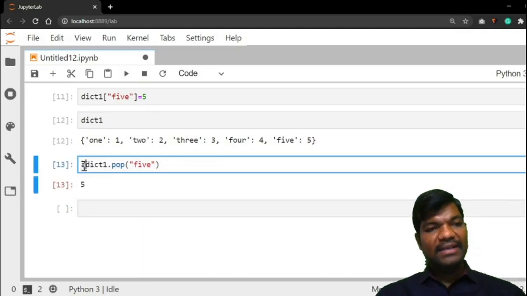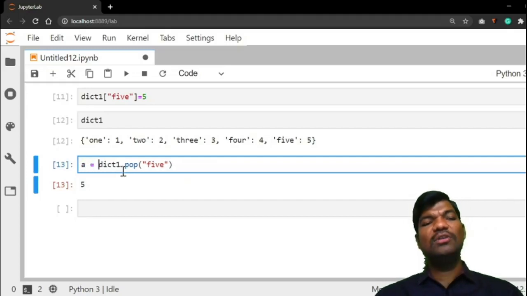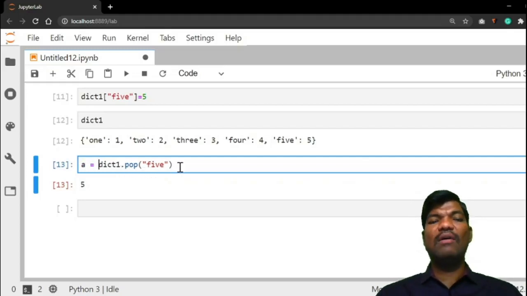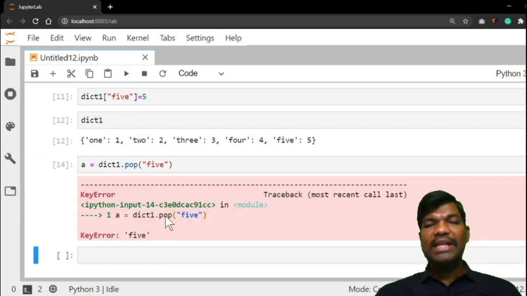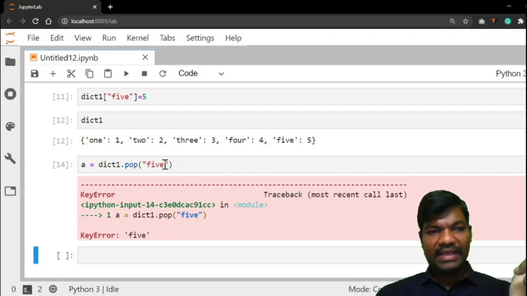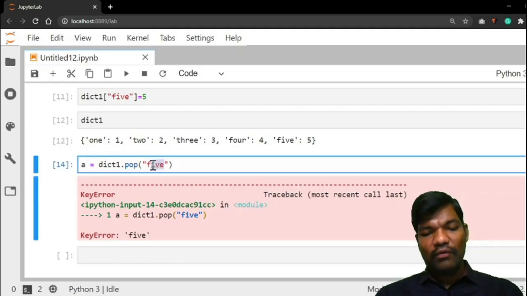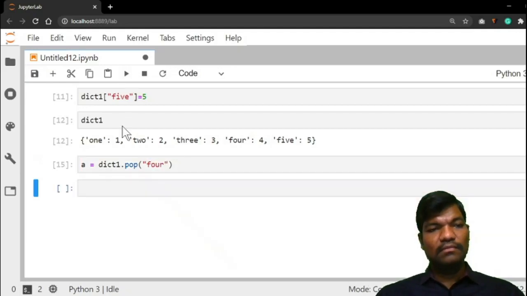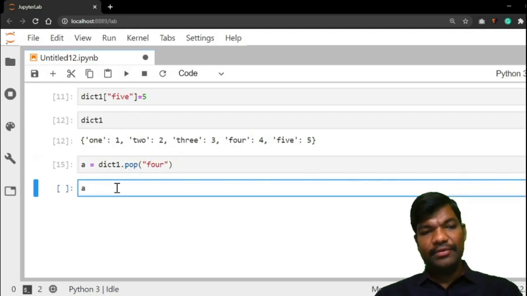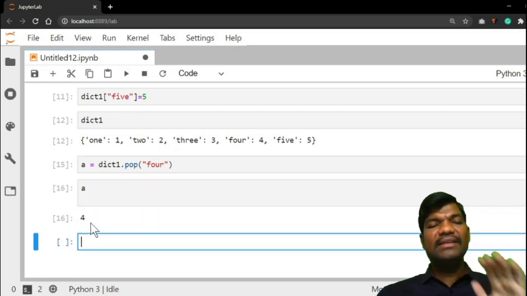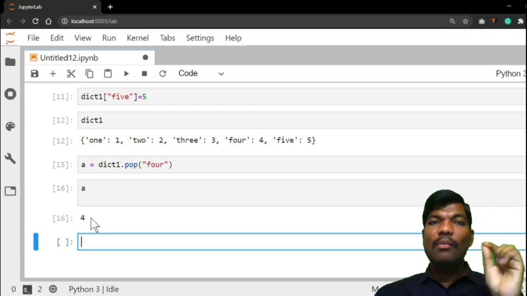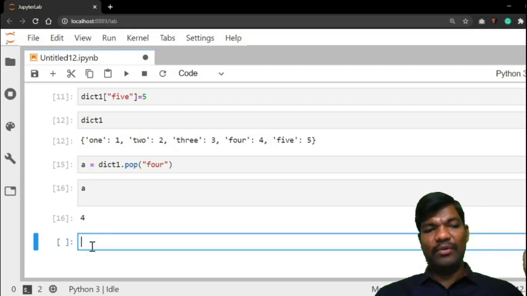Suppose assign a variable here, a = dict1.pop(5). Run it. Yes, already popped. So 5 is already deleted previously. Now I am deleting 4. So now check the a value. A is 4. Like that, you will assign the popped element to the variable.